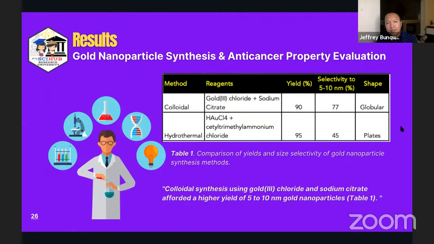Okay, so colloidal synthesis using gold chloride and sodium citrate afforded a higher yield of 5 to 10 nanometer gold nanoparticles. And then after that, you can follow it up. What makes the other method different? So again, when you discuss specific results, if you can tie them up or refer to specific